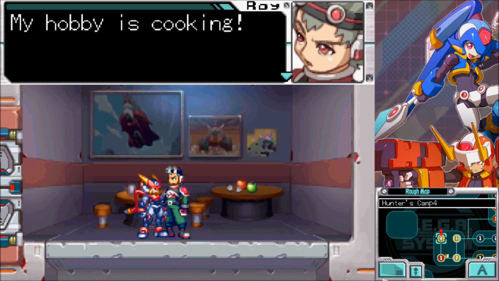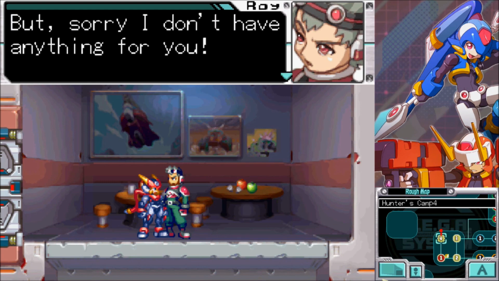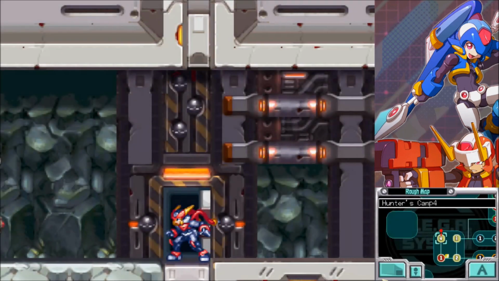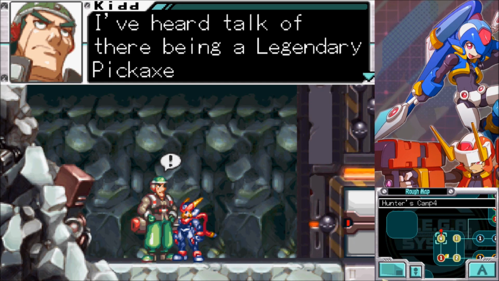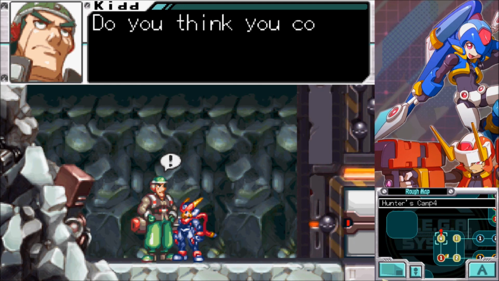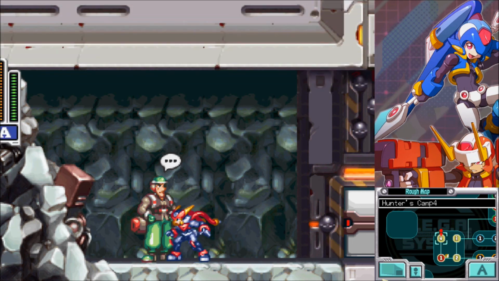I don't know if he has a quest or not, but this guy is here as well, and I think you gotta talk to him twice. I don't know. I'll talk to him a little bit later. But you will have to get Ceratanium from the quarry, and you have to at least beat Argoyle and Uggle in